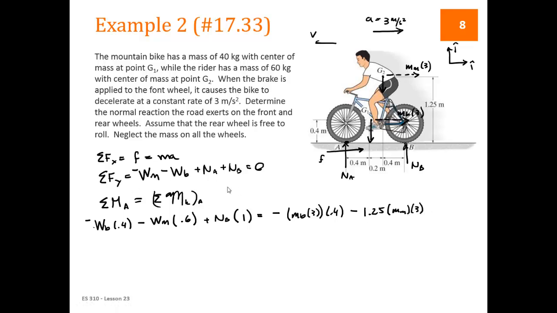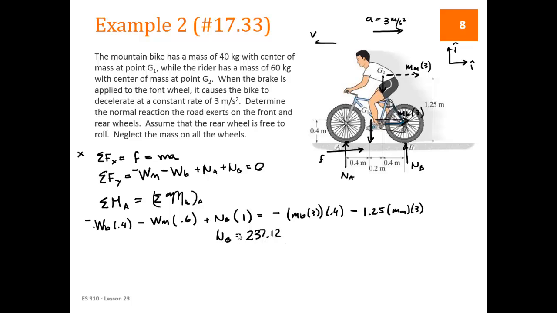So those are our three equations. This one is not so useful, but using these two, we should be able to find all of the things we're interested in, which in our case is NA and NB. So the only unknown here is NB in this bottom equation, so we can solve for NB, and that's equal to